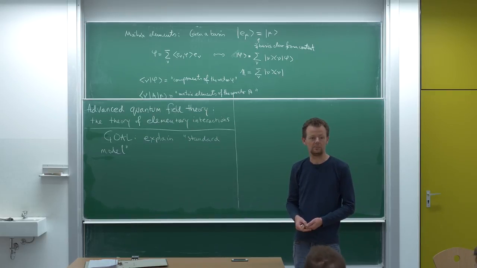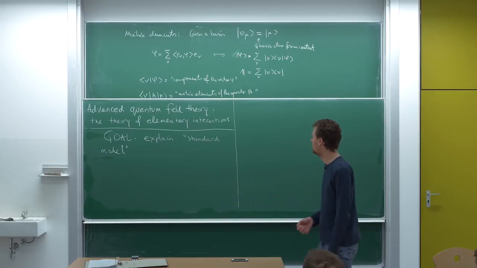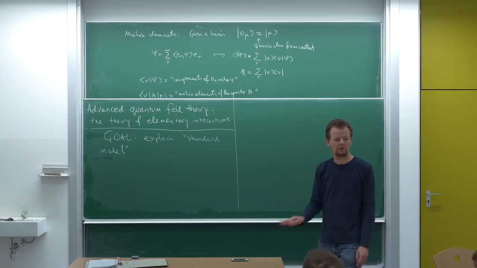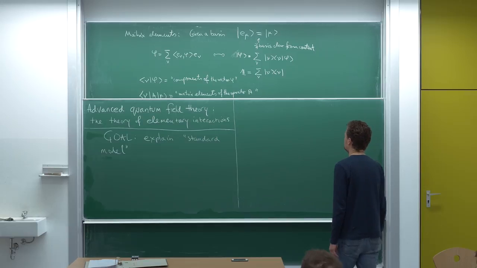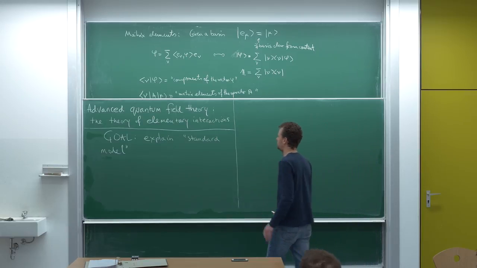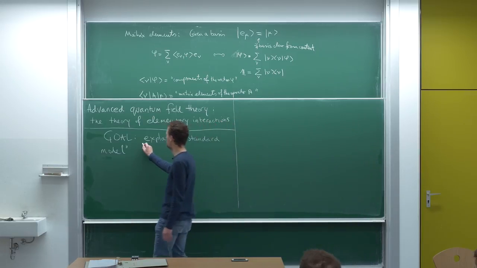We don't have enough time. I would love to explain all the derivation, all the history behind, all the properties of this standard model, but we're never ever going to achieve that in the 20 or so lectures that we have allotted to us. Instead, I'm going to explain the building blocks